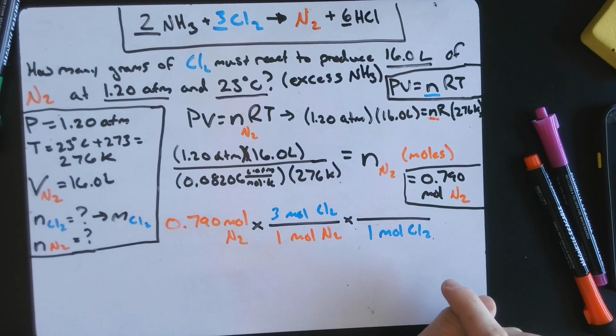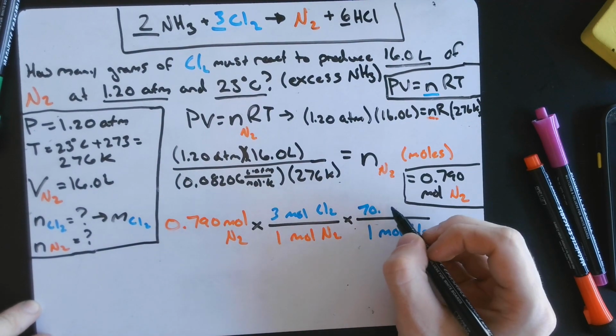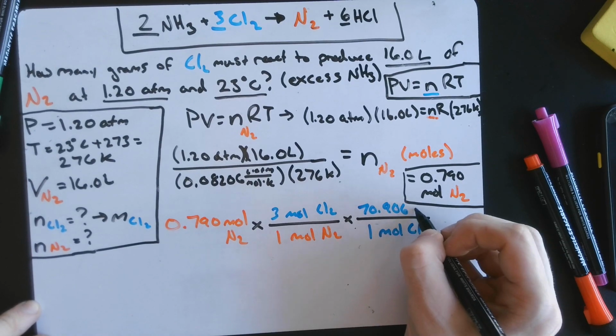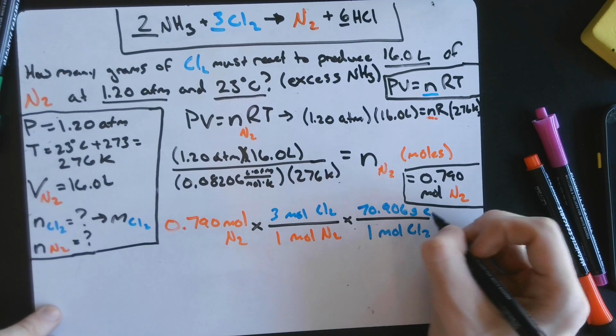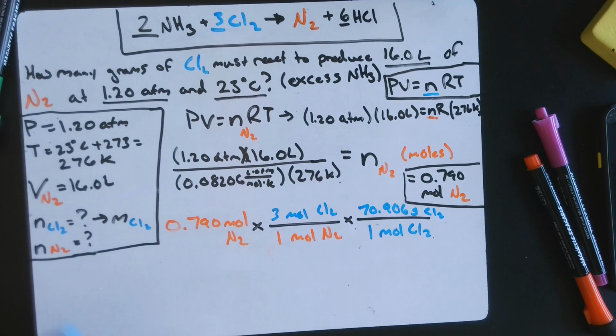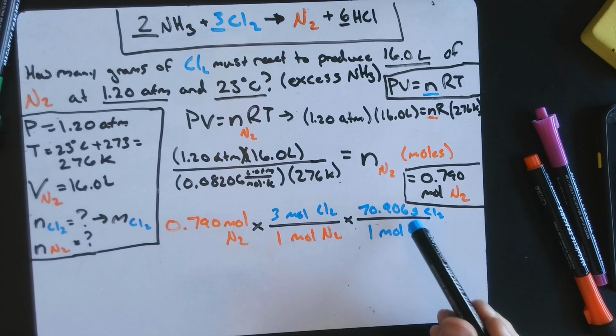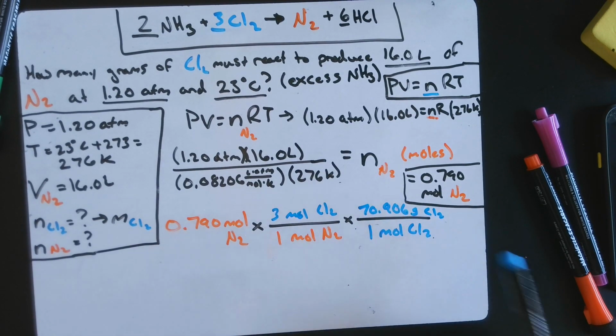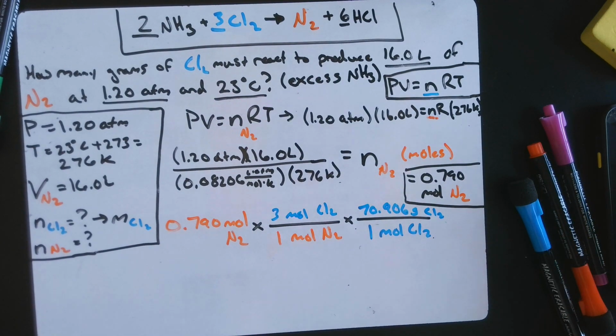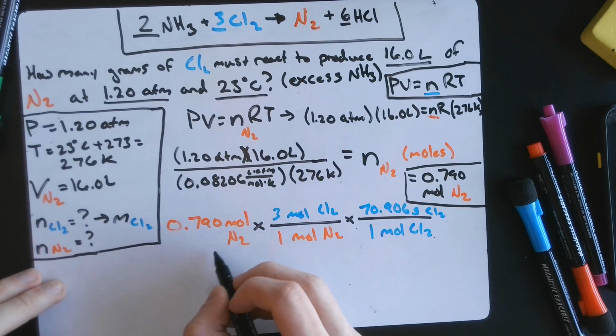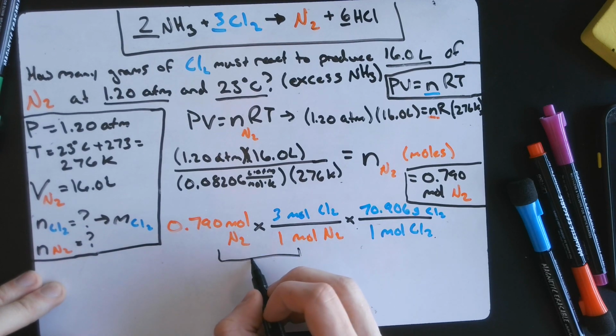The molar mass of chlorine here is going to be 70.906 grams. And you can find this on the periodic table, okay? Well, actually, you would find 35.453, and then you have to multiply that by 2 because we have 2 chlorines. It's diatomic. So maybe it helps for me to show here our conversion factor